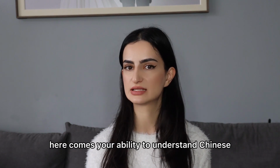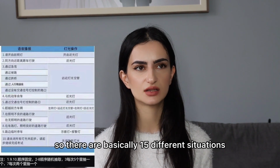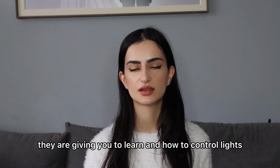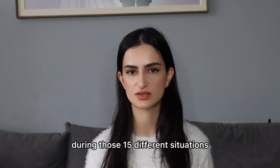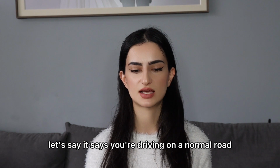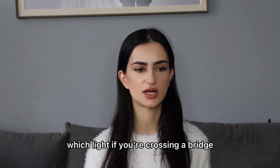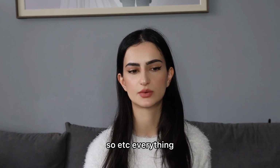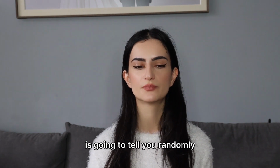And besides driving on the road, you also need to learn about the lights. Here comes your ability to understand Chinese. There are basically 15 different situations they give you to learn how to control lights. Let's say it says you're driving on a normal road, which light do you need to turn on; if it's night, which light; if you're going uphill, which light; if you're crossing a bridge, which light, and so on. That automatic box is going to tell you everything